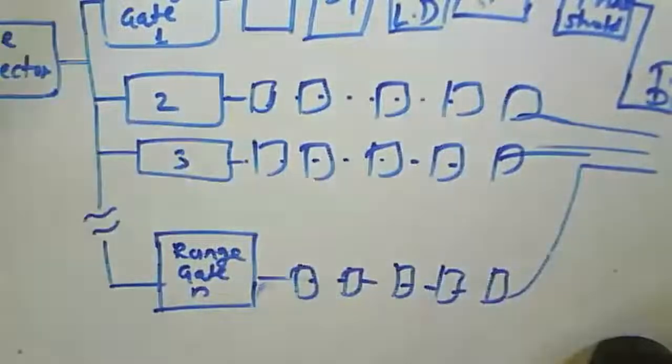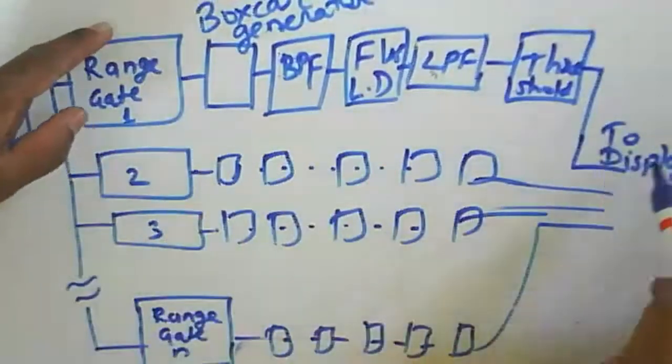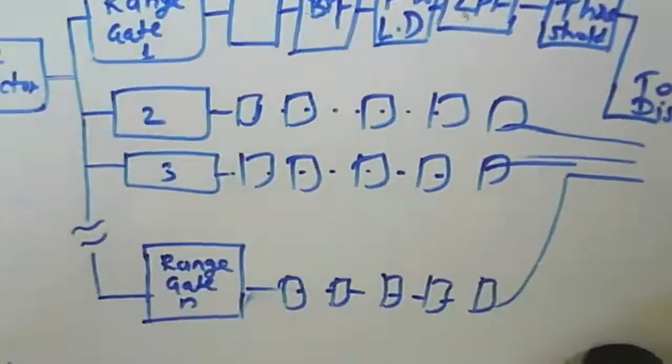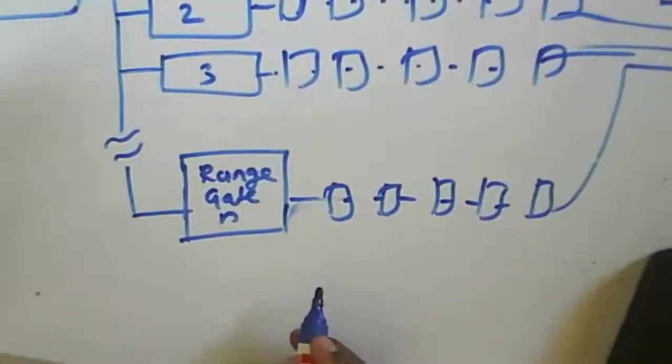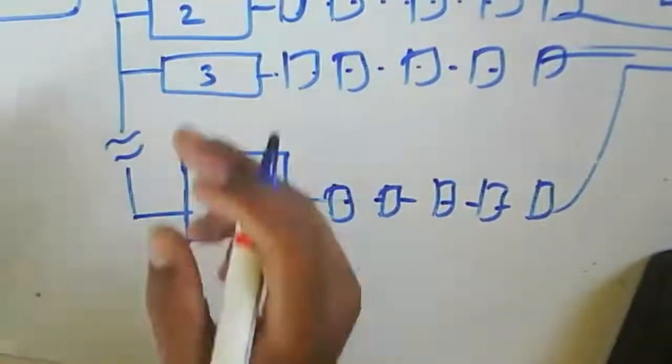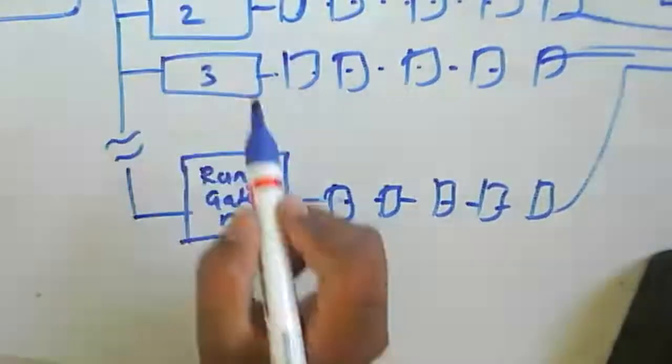These are to be displayed. So the output from each and every range gate is to be given to the display there. Now, what will be the frequency response characteristics of this MTI radar